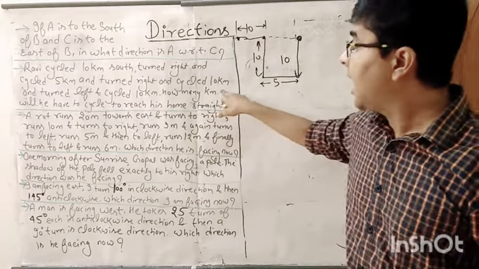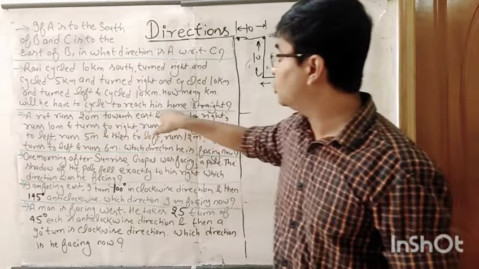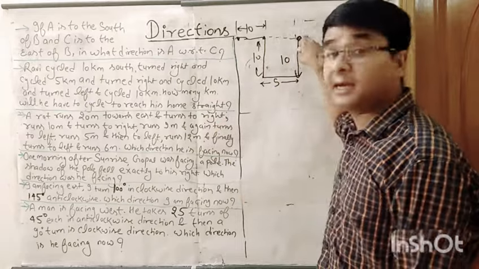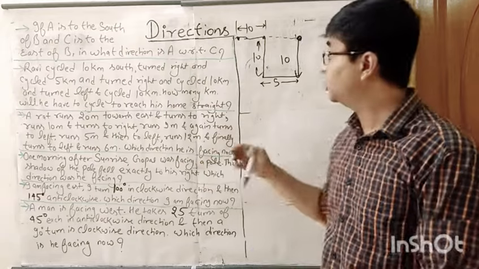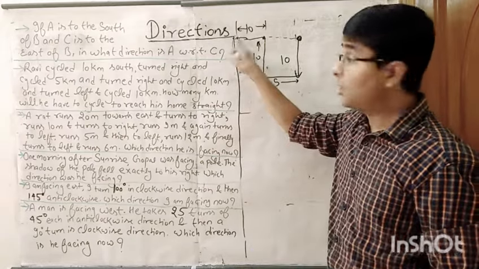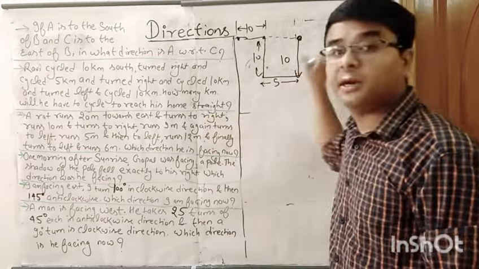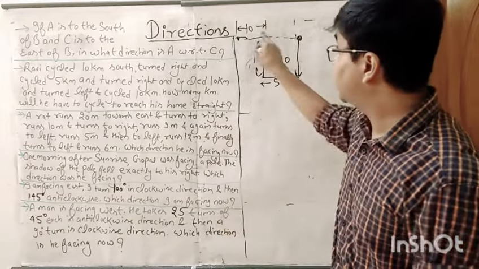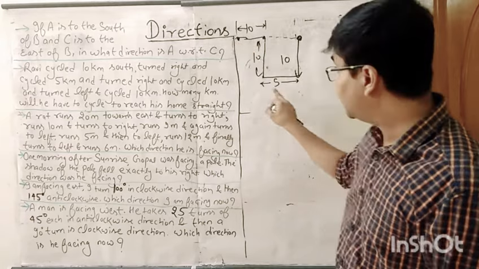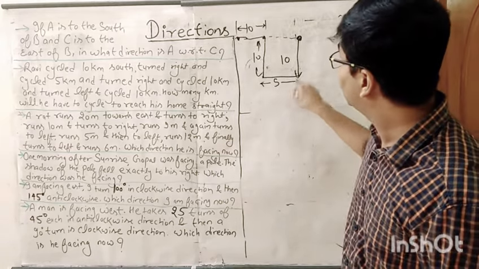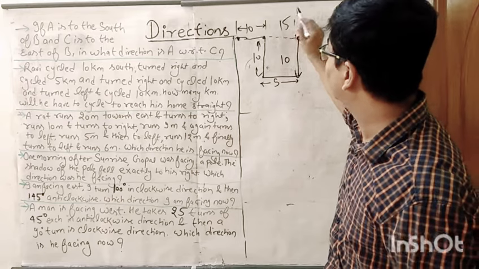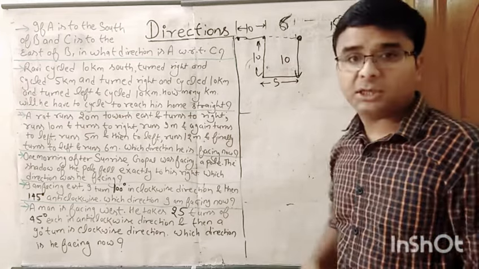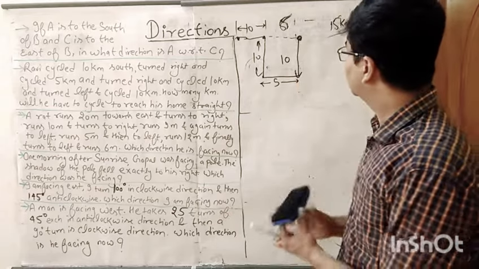Now what he is asking is, how many kilometers will he have to cycle to reach his home straight? From where he has now reached, how much does he have to cycle back to go to home again? So see, you have come 10 kilometers here, and notice the word is straight. If he has to travel directly, not the way you have come, if he has to go straight, then how much to cycle? 10 kilometers you came forward from here and this 5 kilometers distance came. It has to be 10 + 5 = 15. This is 5, so it has to be 10 + 5, 15 kilometers. This is how you follow it. The next one please.